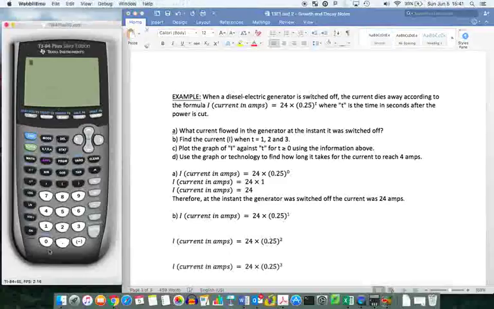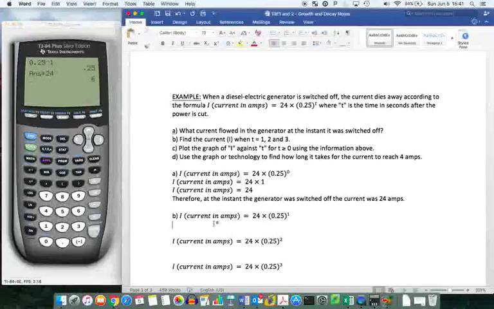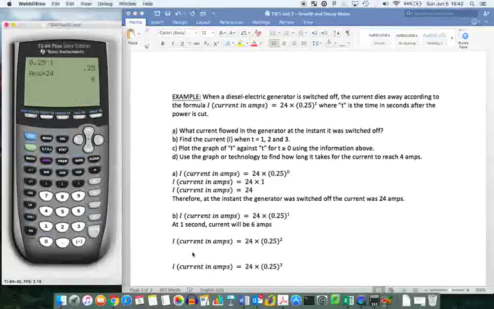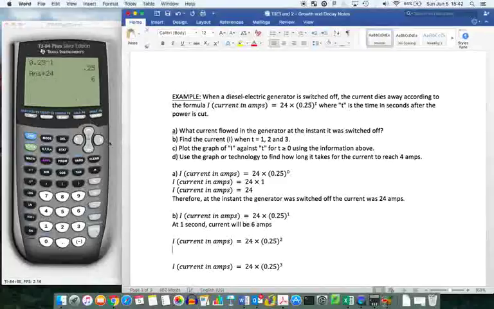So using this, 0.25 to the power of 1 times by 24 is going to be 6. At 1 second, current will be 6 amps. As you can see, I'm working out there. Second one,